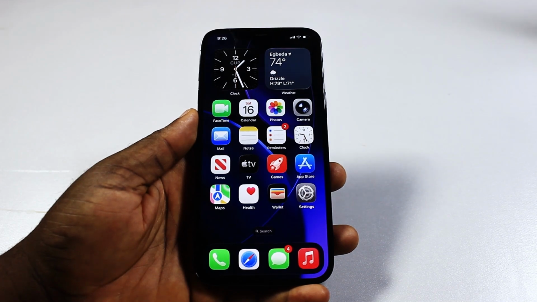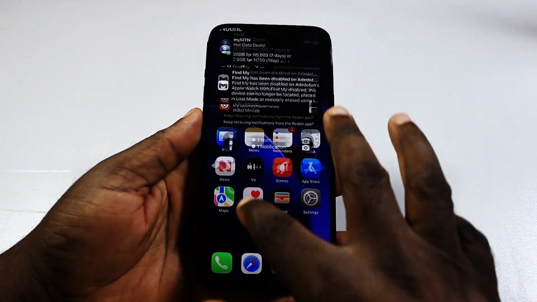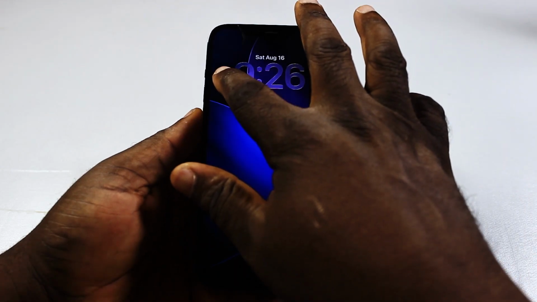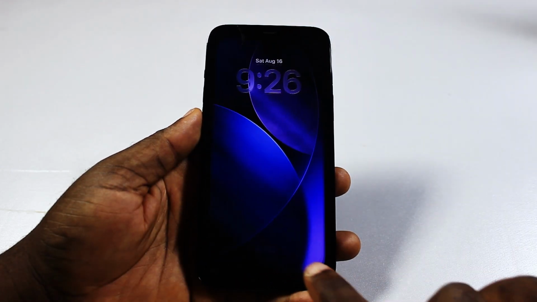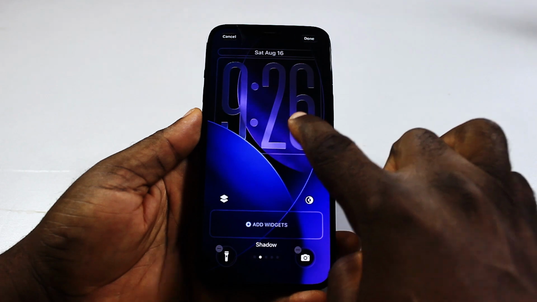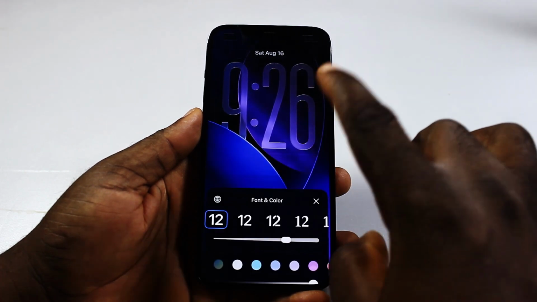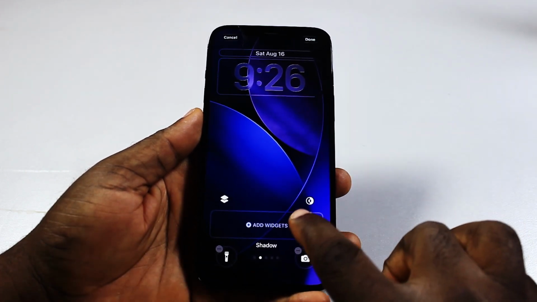Again, if you want to display time on iPhone lock screen, just swipe down from the top left, press and hold the screen, then click on Customize on your lock screen. Now, if time is missing here, what you need to do is go ahead and click on Add